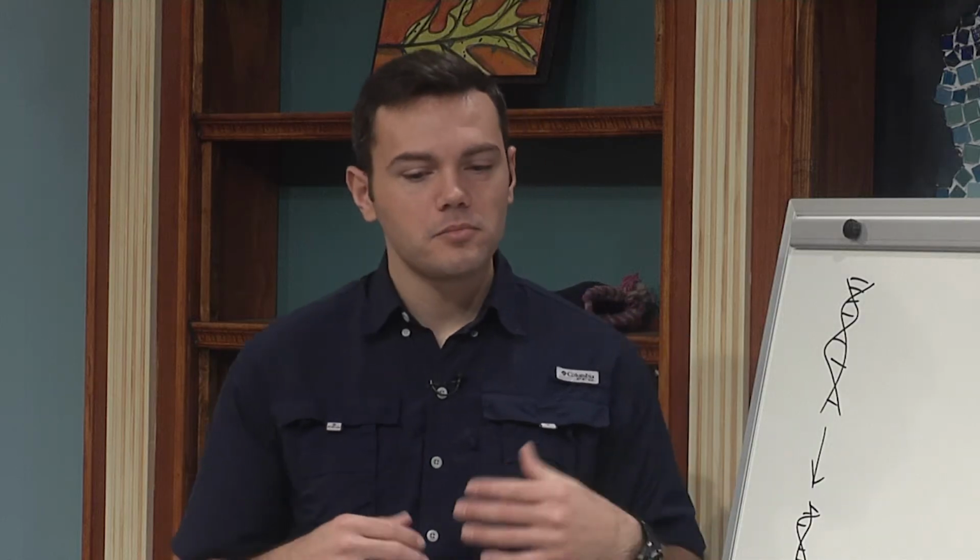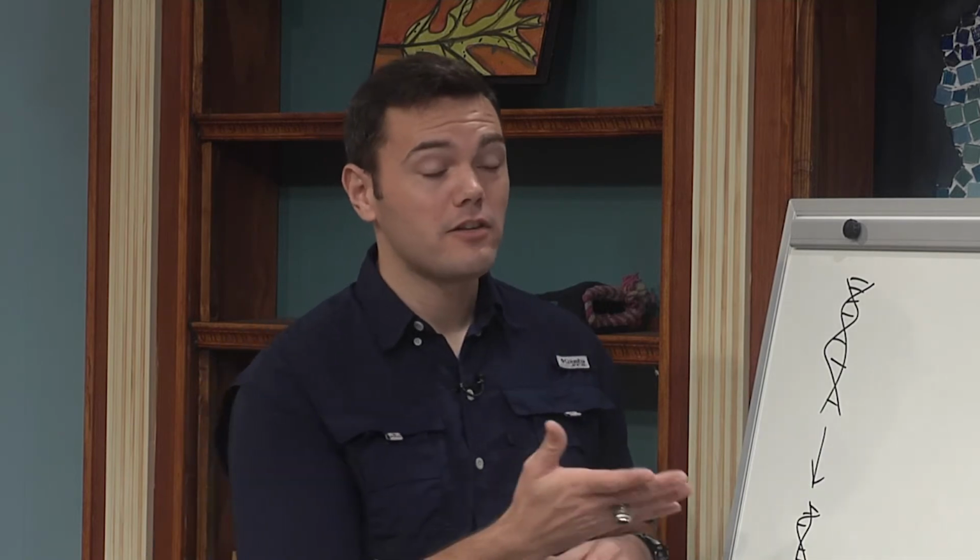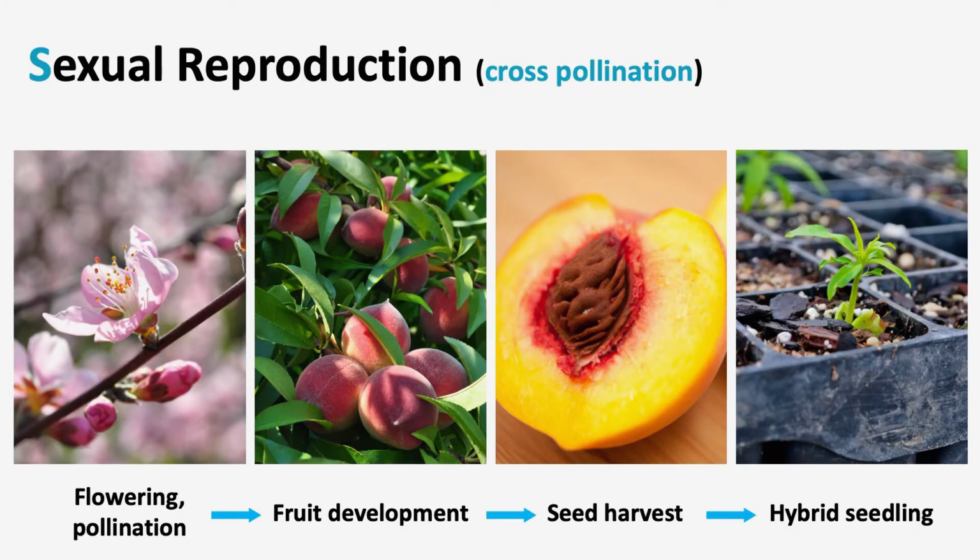Okay, so conventional breeding includes things like we mentioned, cross-pollination, and that's probably the oldest breeding technique because that's the one most available to us. Cross-pollination is just the transfer of pollen from one plant, a male plant, to a female plant. That yields a hybrid, a sexual offspring, and this offspring will be half of the mother and half of the father. Cross-pollination, plain and simple.